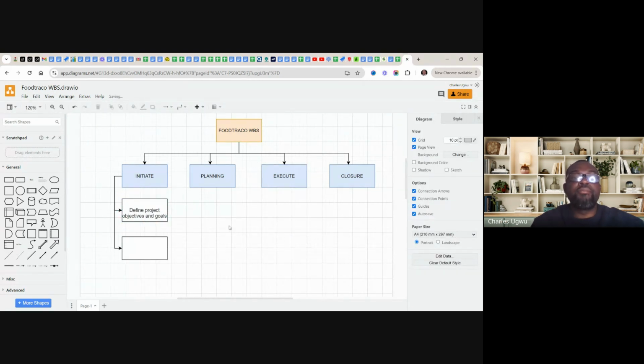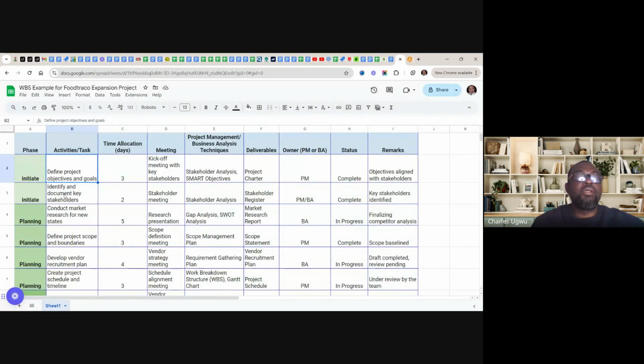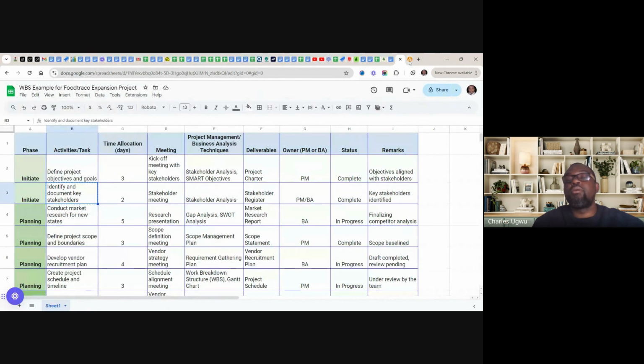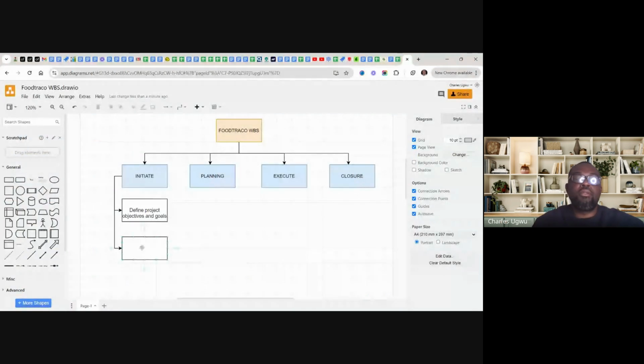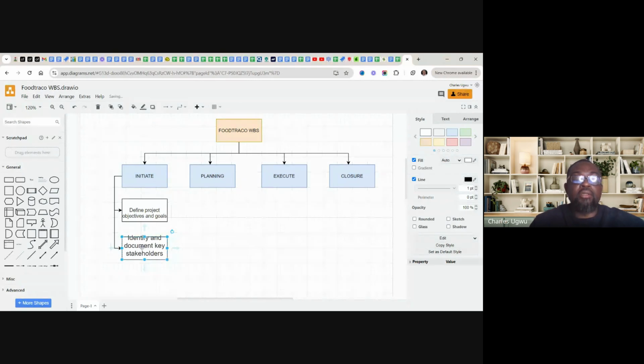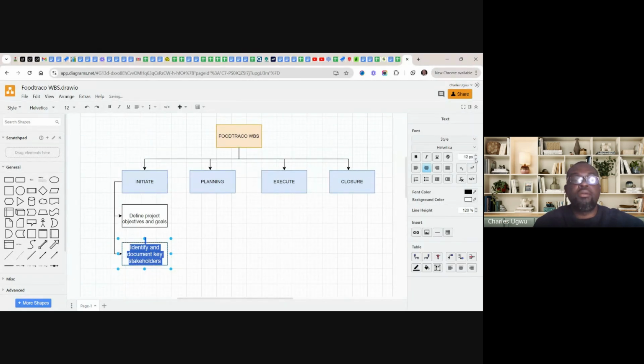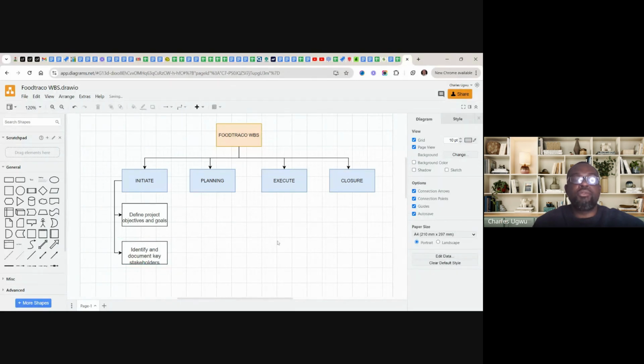So define project objectives and goals, and then come back again, identify and document key stakeholders. And come over this and drop it here. So then you see I've